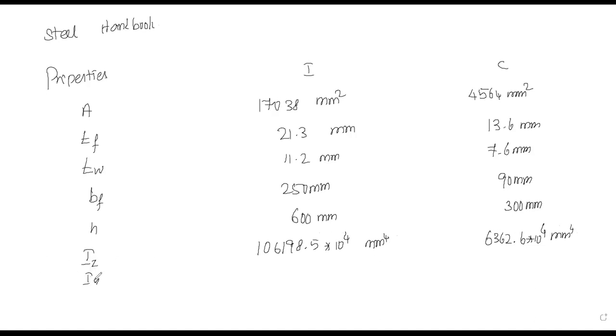So next IY value for I section is 4702.5 into 10 to the power 4 mm power 4. So here 310.8 into 10 to the power 4 mm power 4. Okay. Next root radius R1 value for I section is 17 mm, and the CYY value, that is center of gravity position, for the channel section is 23.6 mm. So these are all the values we need. Okay, so with respect to that,